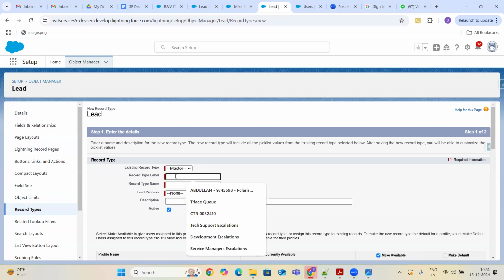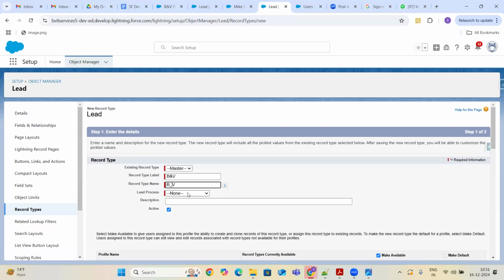So here also we are going to create two record types. One is the B and B. Whenever you are creating the record type, this is the place that asks what lead process you would like to follow for this record type. So I would like to follow the B and B lead process.